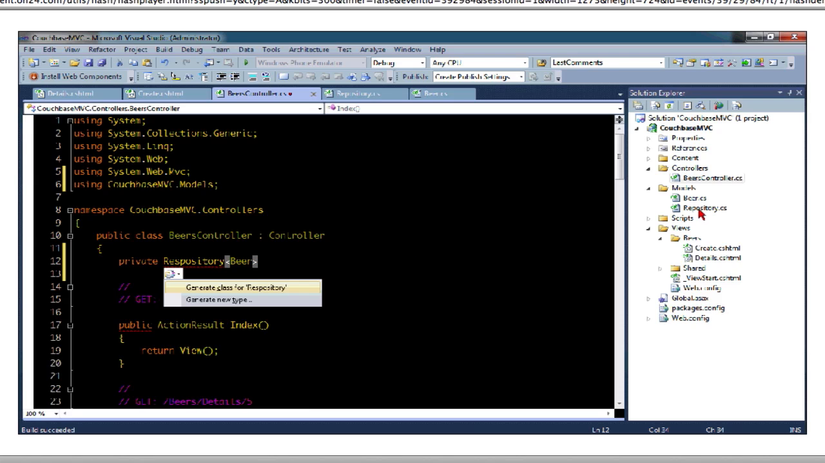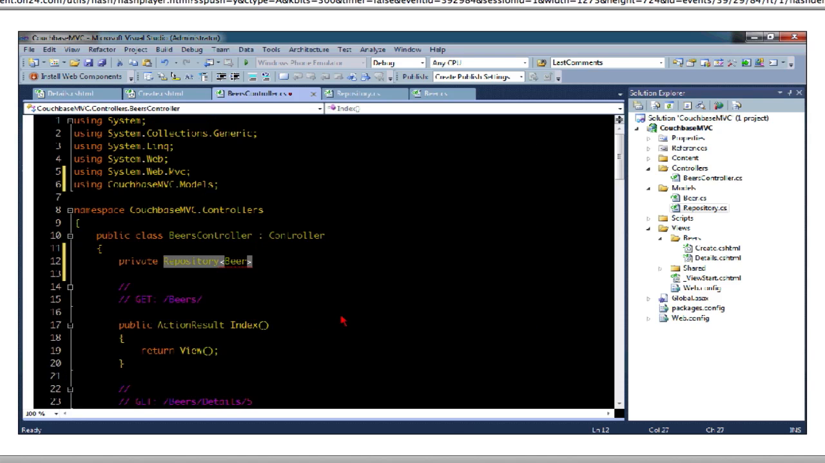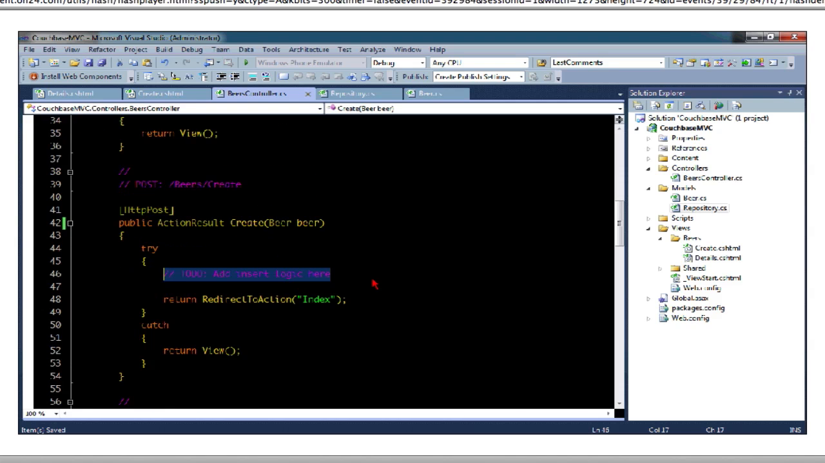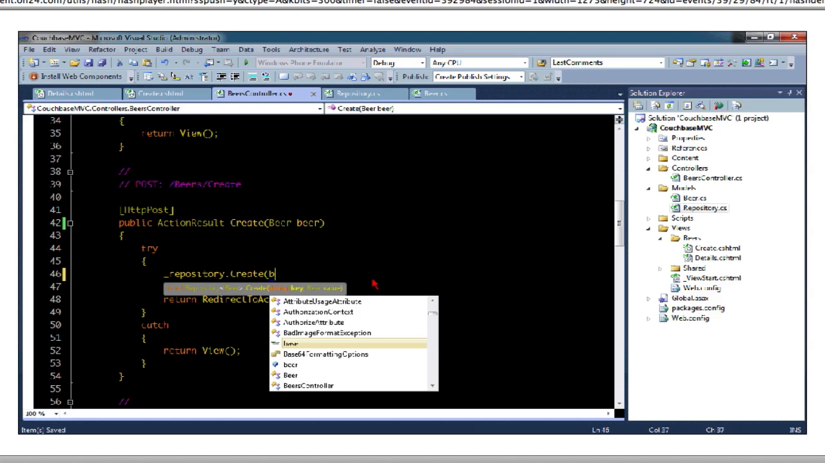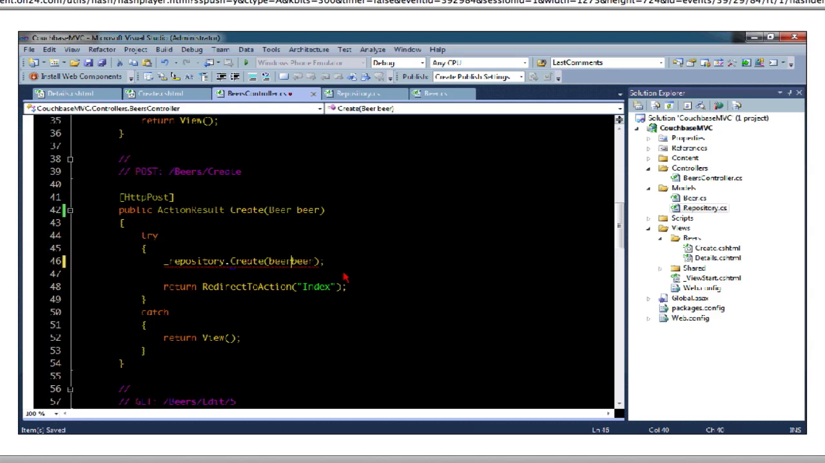So the first thing I need to do is actually create an instance of my repository in my controller. So I'll just create a private repository. Just double check, I had a typo in there. So my repository, I'll just be a little lazy and new it up right here. Once I have that repository created, in my create method,